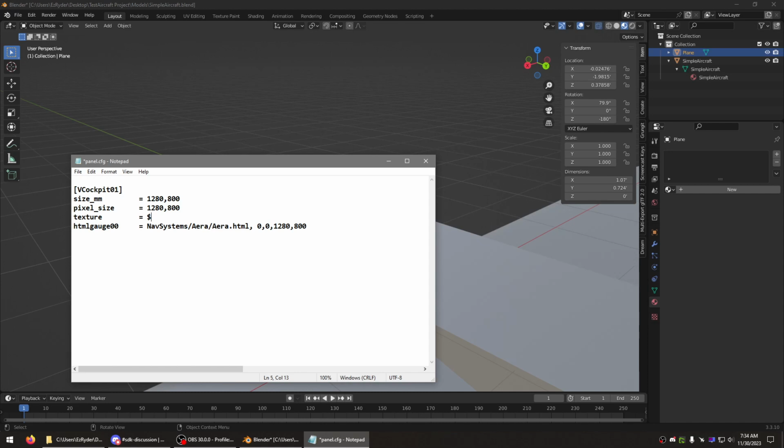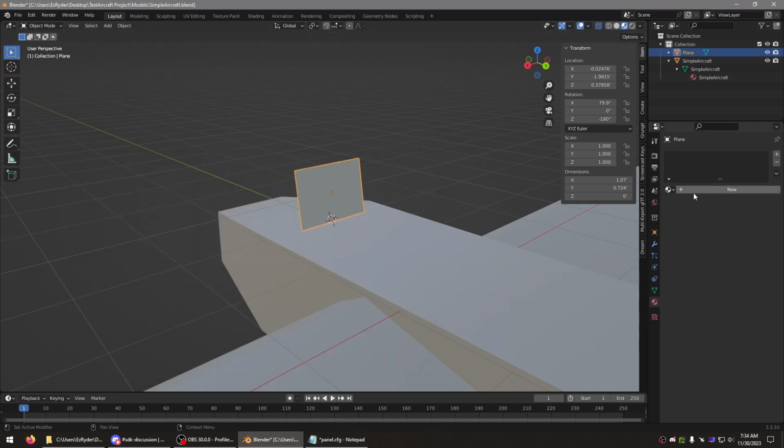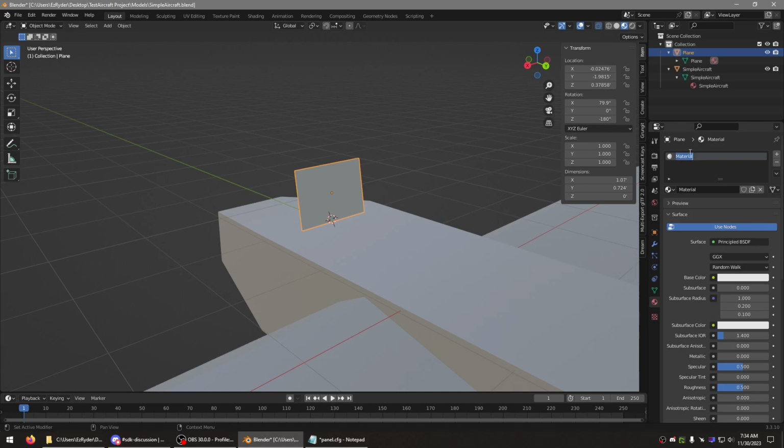So let's see. We will just call this Aera test. This can be pretty much any name you want, but this right there has to match this material. Okay, it doesn't have to match the object or the mesh itself. It has to match the material name right here. That's the glue that ties it all to this other one, to the configs. And then